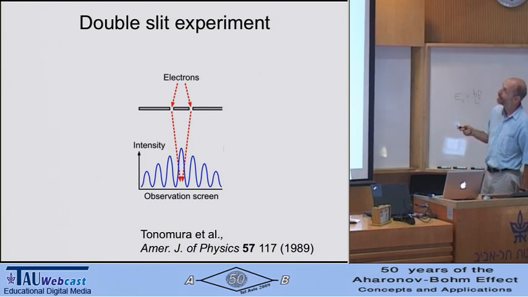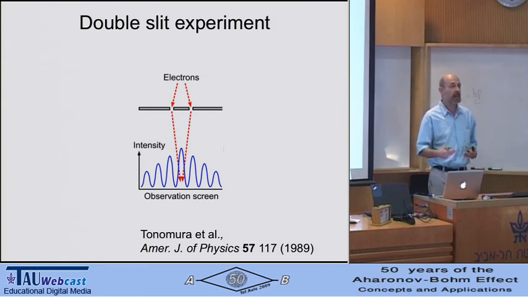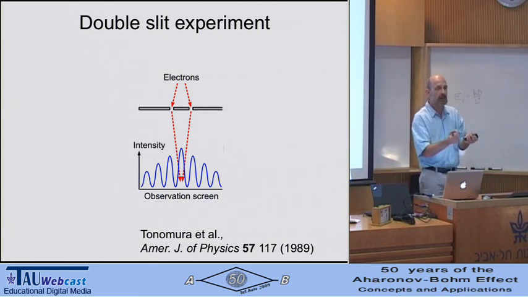Basically what they did is they used electrons in an electron microscope, and they diluted the electron beam to such an extent that the electron that left the source had the possibility to go to a double slit and then landed on the screen. And before the next electron was released, the first electron had to be on the screen to make sure that there's only one electron in the system at a given point of time. So you make sure that the electron really interferes with itself and there are no other electrons around that could